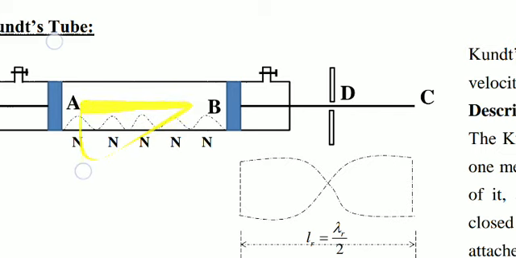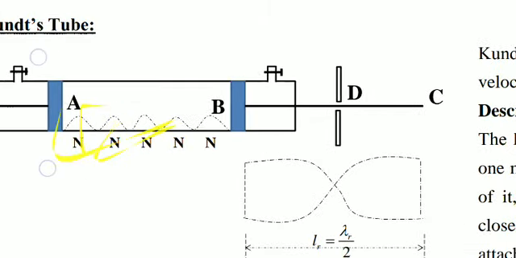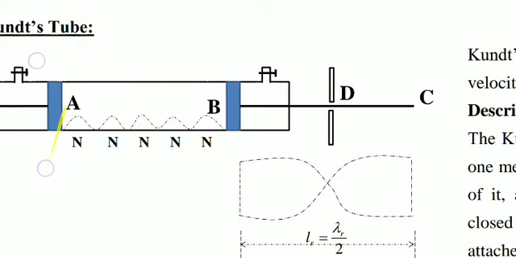The sound wave will be propagating in the form of compression and rarefaction. It will travel from B to A, and at the position A there is a piston, so the sound wave will be reflected from the piston. Initially it is traveling from B to A, and then it will be reflected and go again from A to B. Now one wave is moving from B to A and another wave is moving from A to B, so there will be superposition, and these two waves have the same wavelength and same frequency. Therefore whenever they superimpose, they will form a standing wave. So a standing wave pattern will be formed